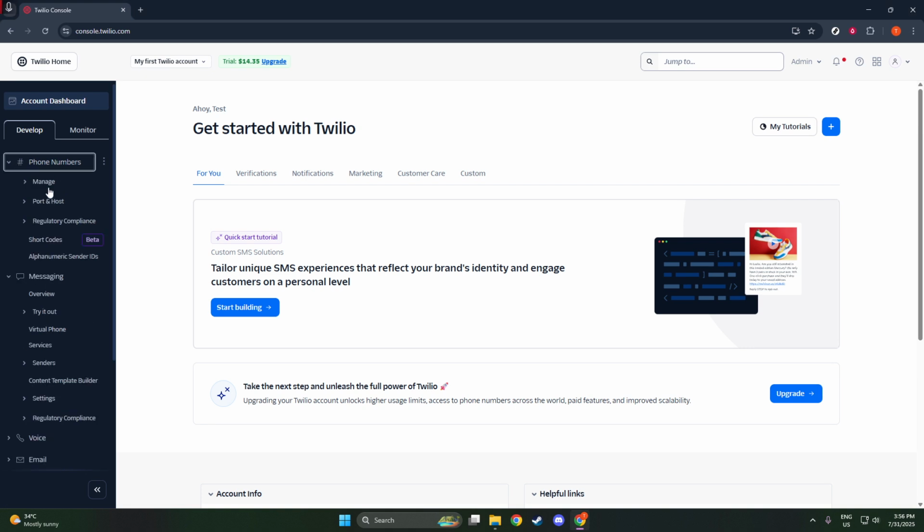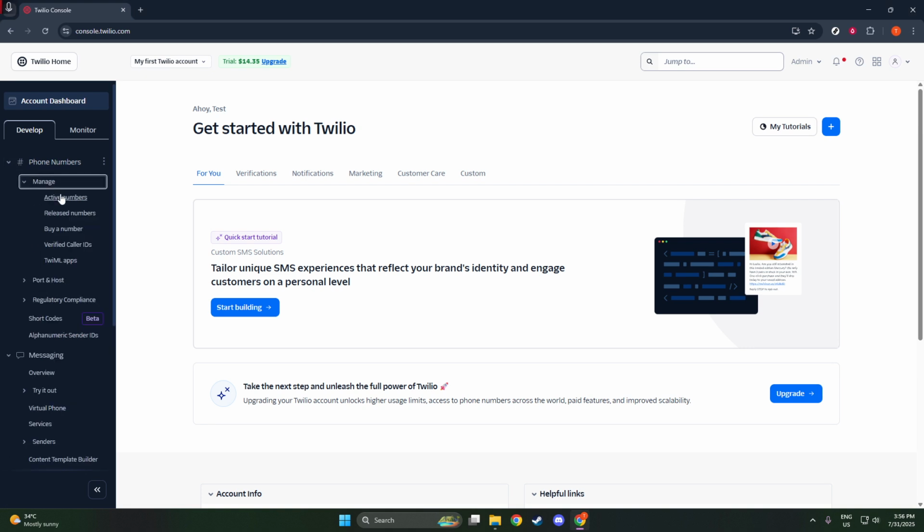In the expanded menu, you'll need to steer towards the phone numbers section. Imagine this as browsing through a phone book, only digital and a whole lot more modern. Under phone numbers, you'll see Manage. Hover over that, and then select Active Numbers. This is all located under what Twilio calls the Super Network section, which sounds a bit like entering Twilio's digital